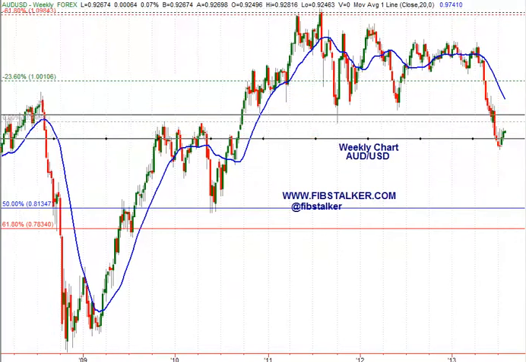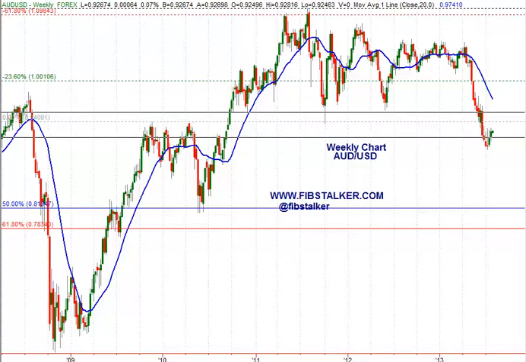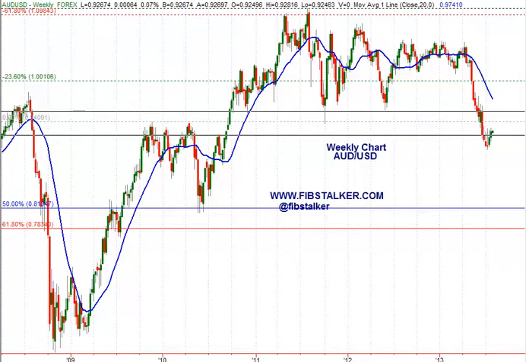The test actually has broken this level here, the 0.9568, dipped into it, but then the next test was to the pip almost, but then something went wrong,